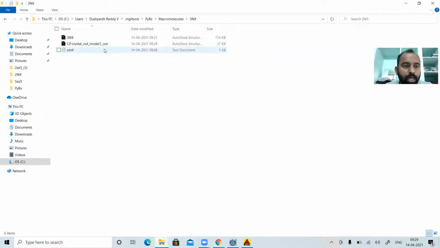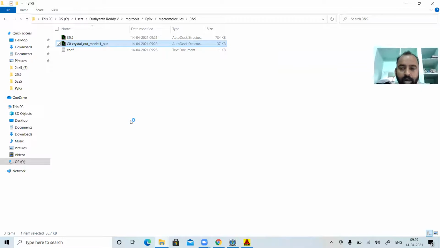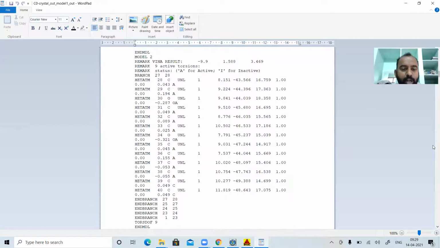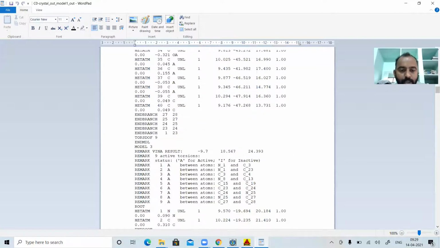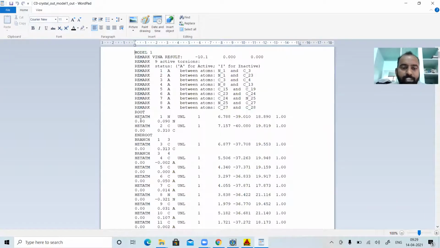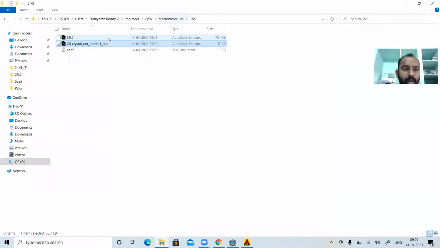I'm going to this folder and this is my first output of my ligand. I'll right click on it, open with WordPad. Once I do that, it has 10 minimum energy conformations in 10 different models. You can see there are 10 different models. So you need not bother about all the models. You have to select the first model, which is the low energy conformer, and you just copy those coordinates and simply paste them in your native protein. So let us see how we will do that.